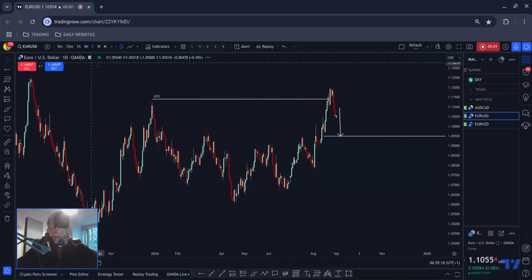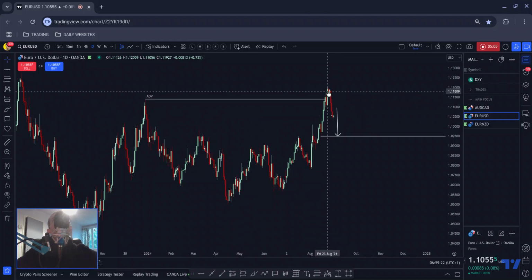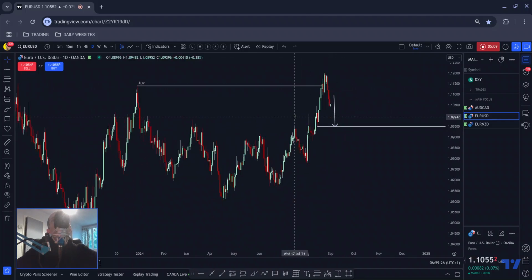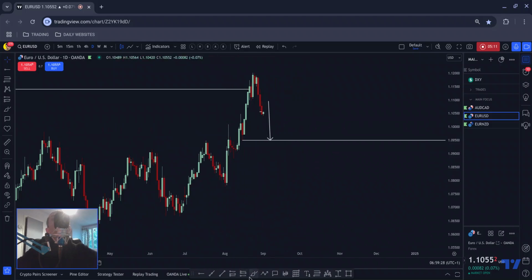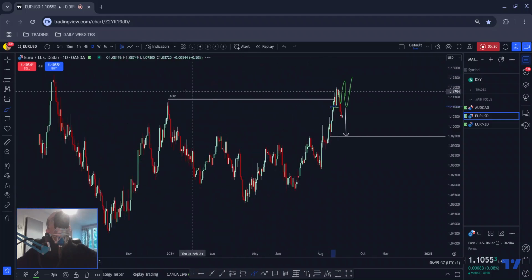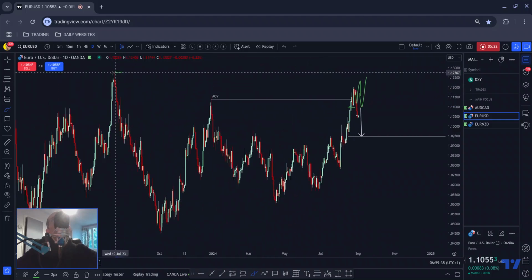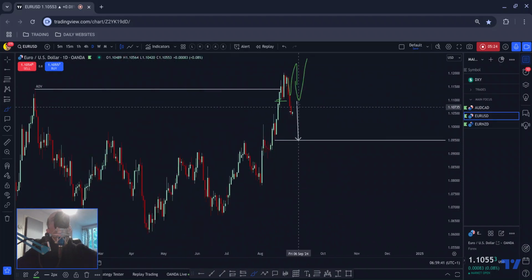So Euro Dollar, very simple. We have the area of value there. We break above, as we often do, catch people on the wrong side of the market, and then we've plummeted to the downside. I like the fact that we've also consolidated below here, because potentially this could have been a continuation to push higher, where that acted as the base, especially when we have another high sat above it. But that didn't happen. We just dropped out, giving me a clue that this is just an impulse correction continuation